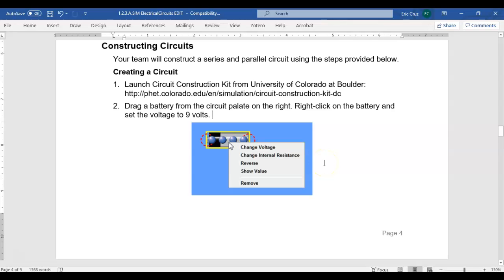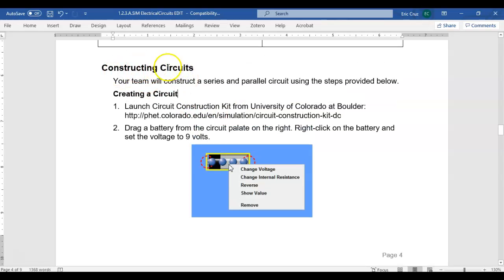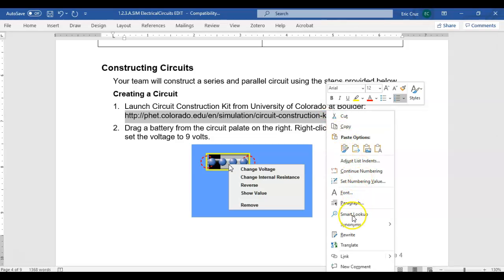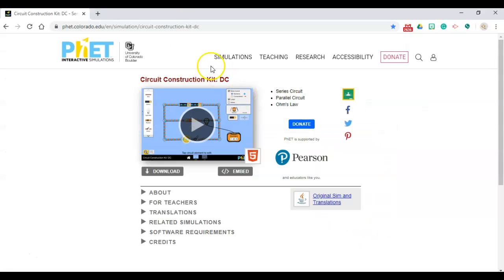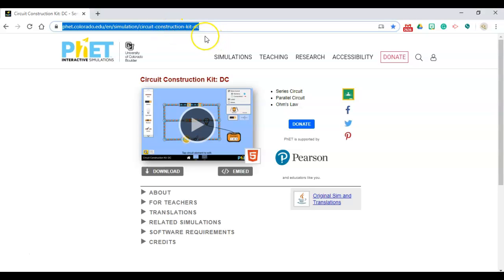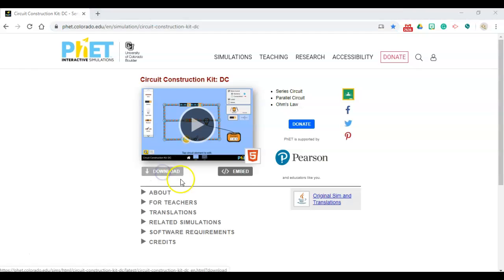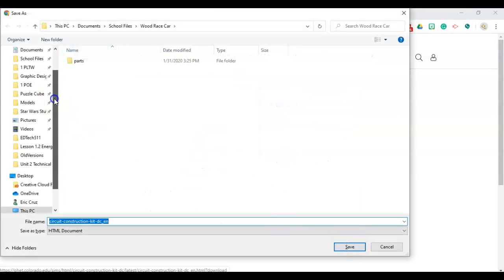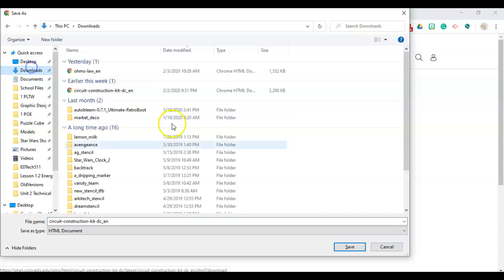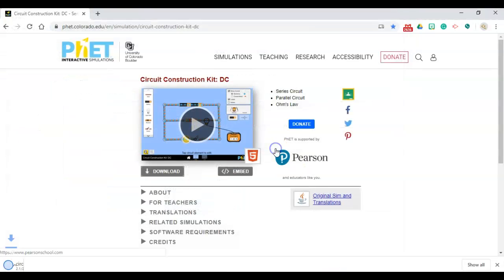Alright, kiddos, for the simulation circuit design, in this section where it says creating or constructing circuits, we're going to take this website link, copy it, and go to it. It's going to bring you to this website. Click on the download button, and it will ask you to download it. Put it on the desktop or downloads, save, and then